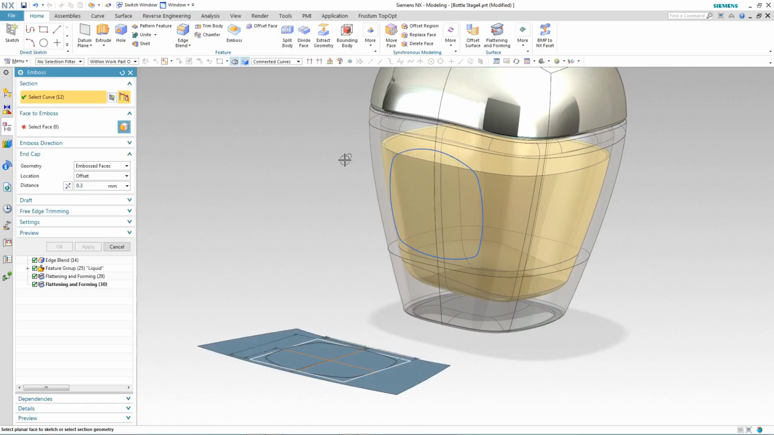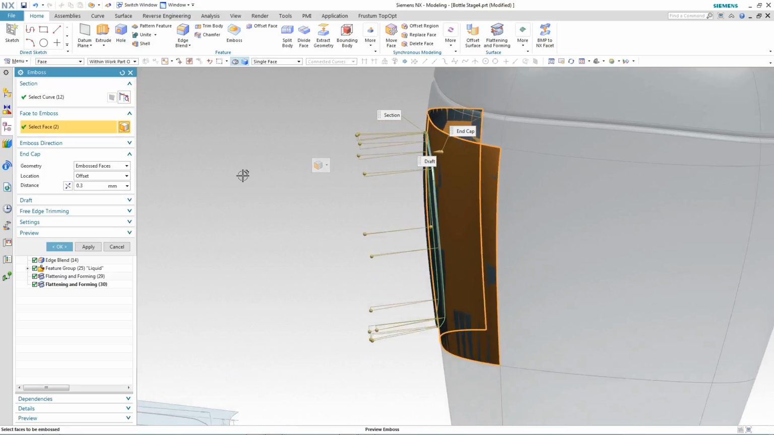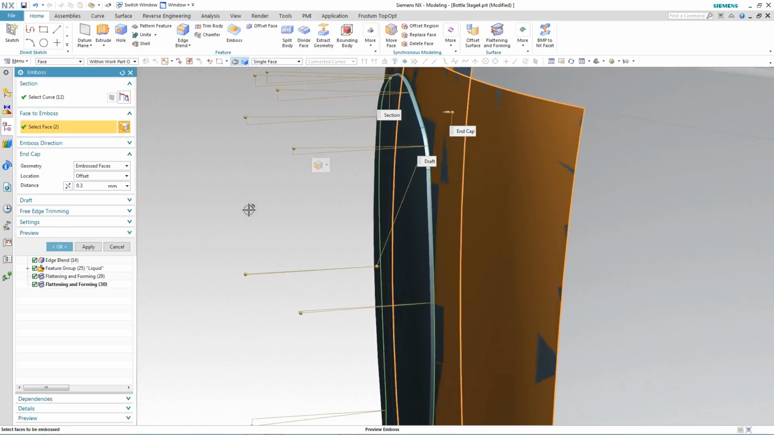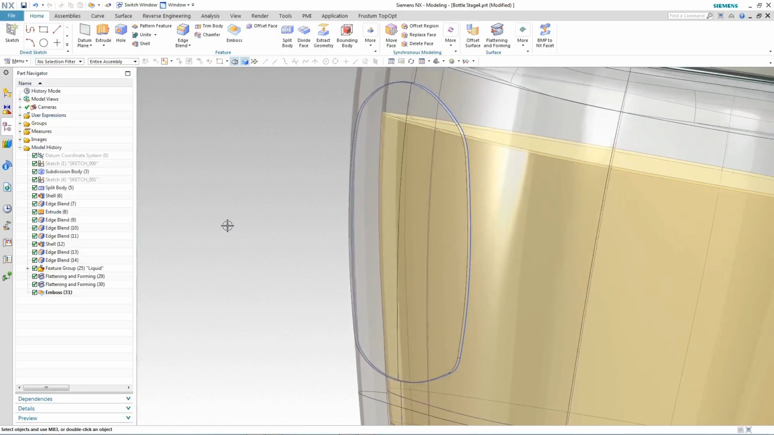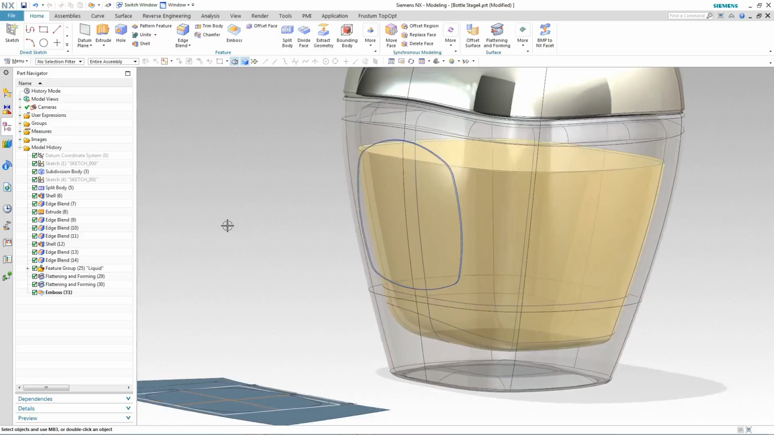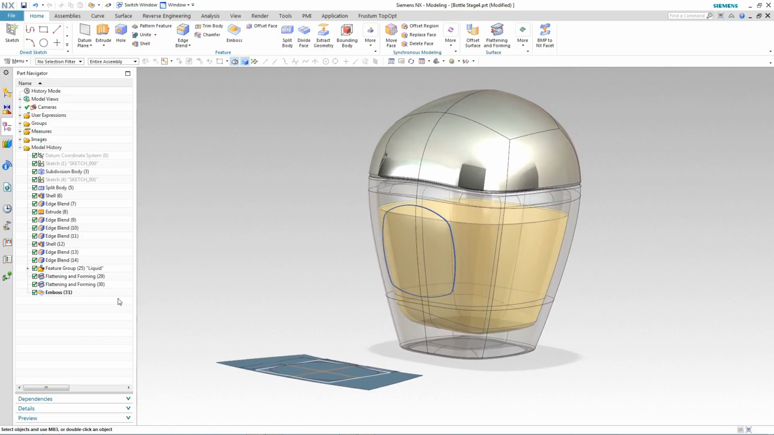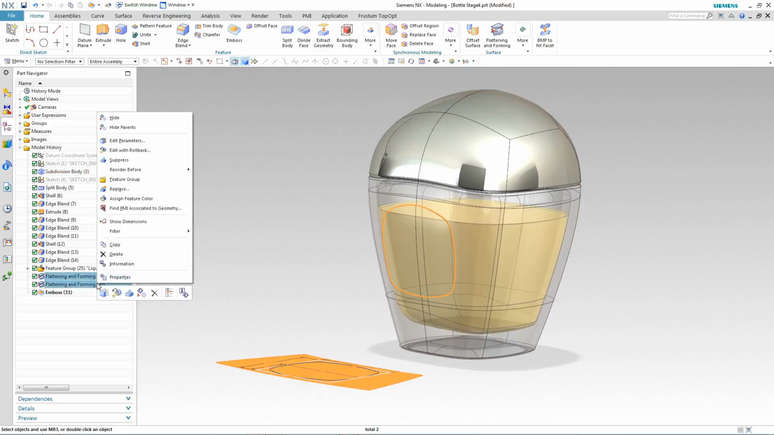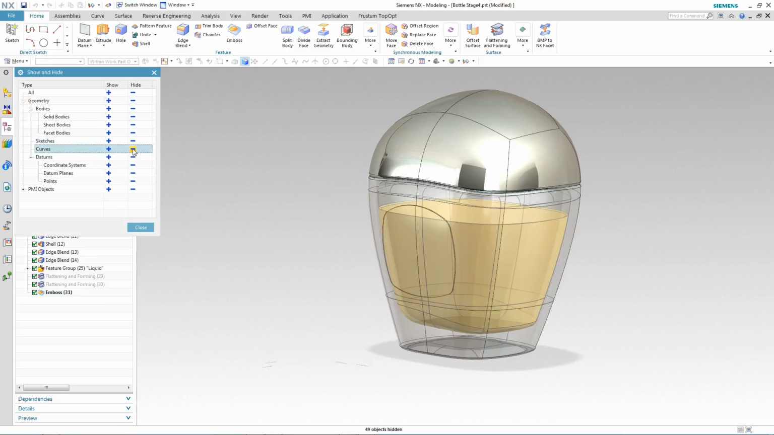All we need to do now is to create a little raised area for the label to sit on, and we'll use the emboss command inside of NX to do this. Finally, we'll place the label onto the label area. We'll just temporarily hide some of the other geometry, such as the flattened surface and the curves that we used for the label area,